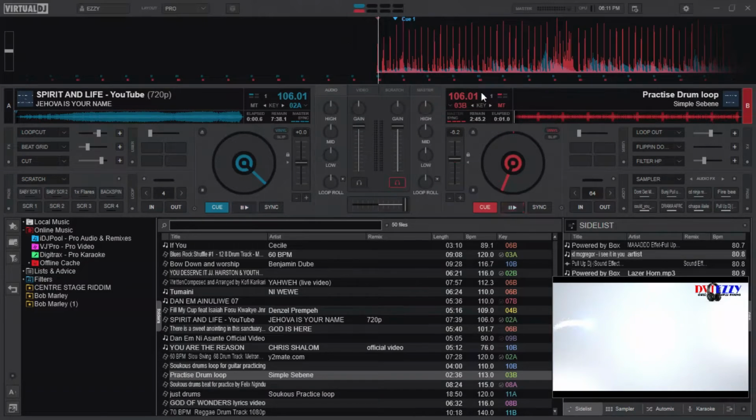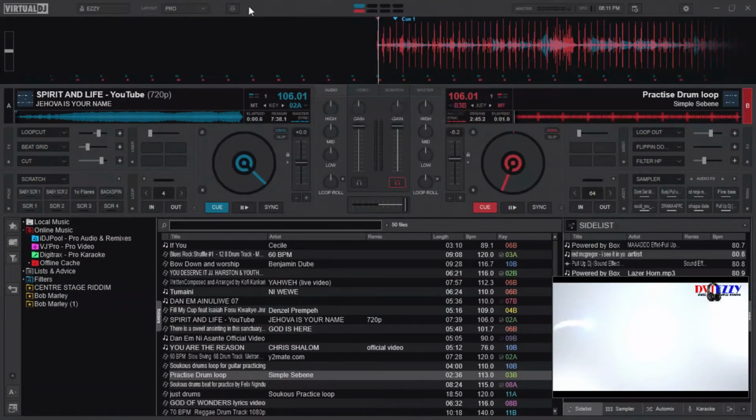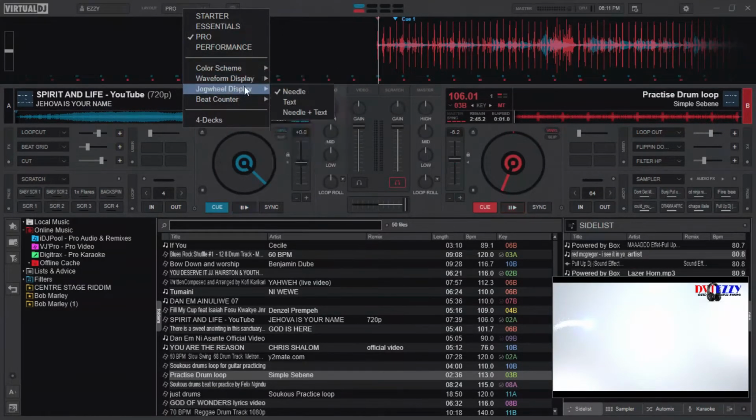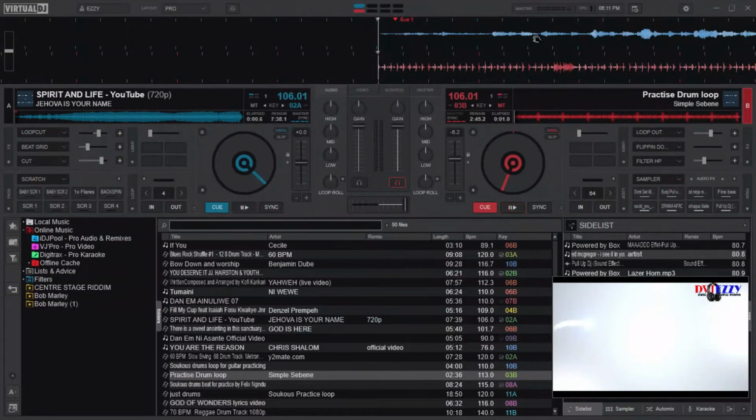as you can see, the two songs have been preloaded. There is the red one and the blue one. This helps you understand which song is playing, which one is not, when you look at the waveform area. When you need to change the look of the waveform, sometimes you might need to separate them. You might use the mirrored one. You might decide that one is not interesting, the full spectrum.